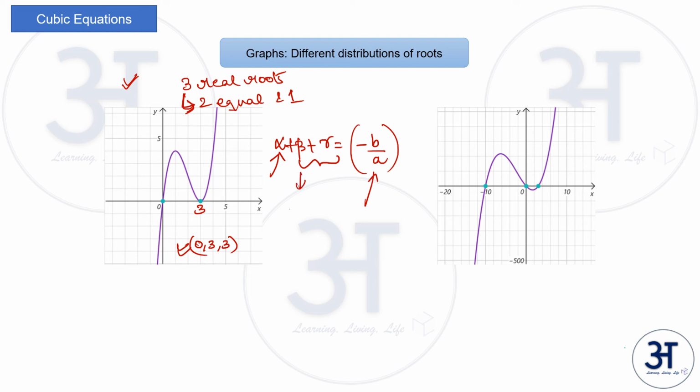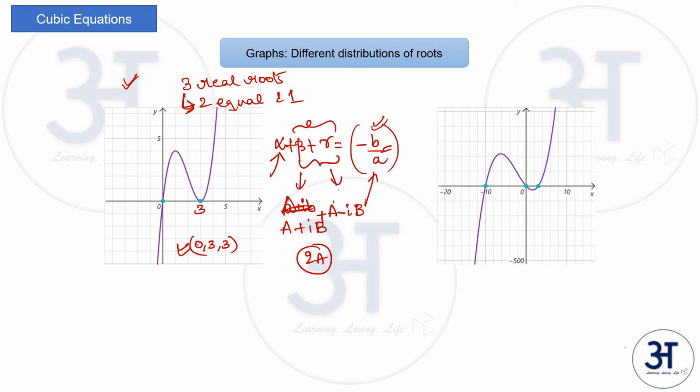Say if I have a plus ib, and let this be capital A, so that you don't get confused with this b by a. So it is capital A plus i into b, and this is my capital A minus i into b. In this case, if I add these two, I get 2A. So these two imaginary parts will cancel out each other.